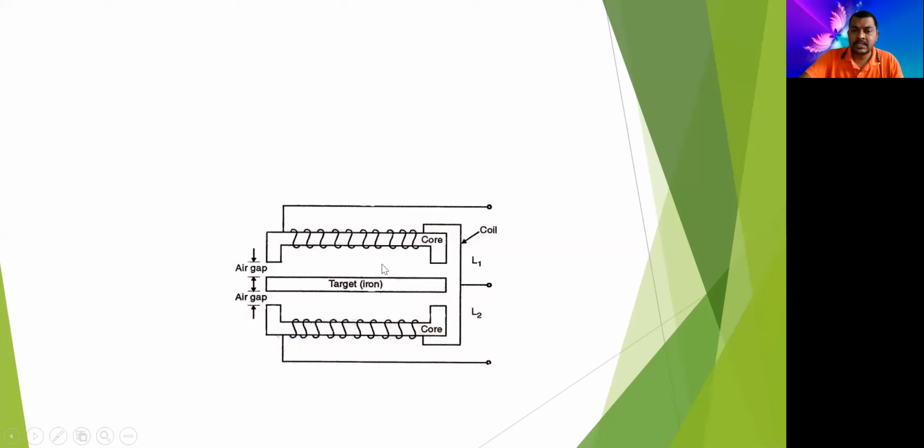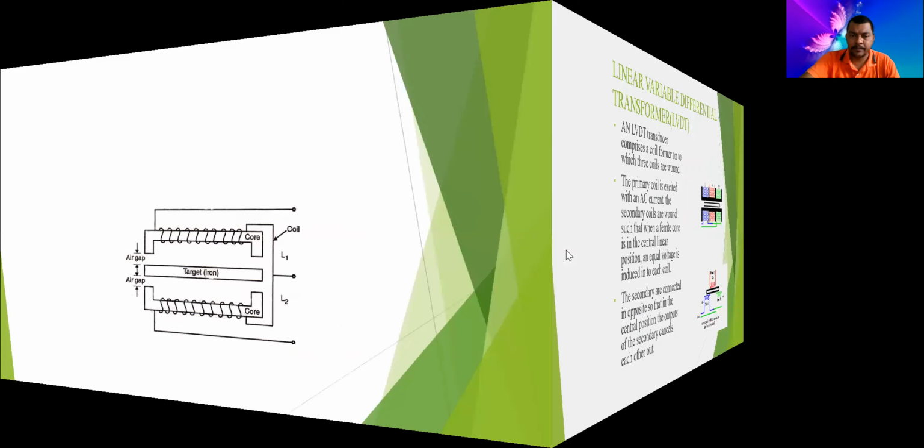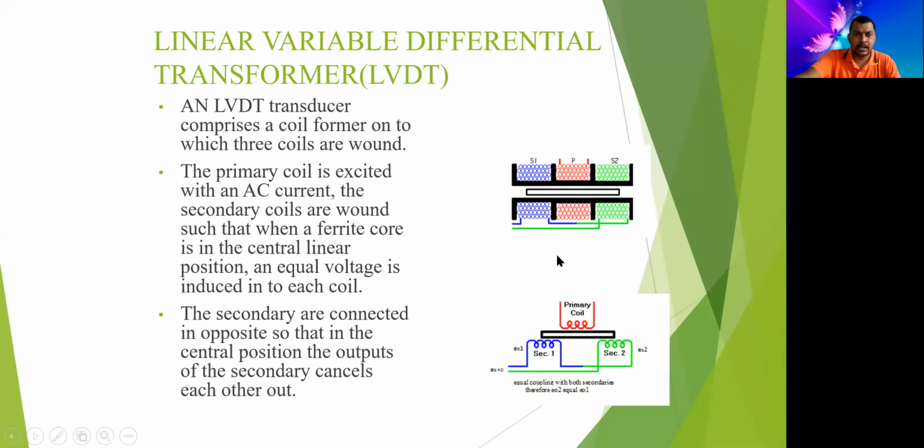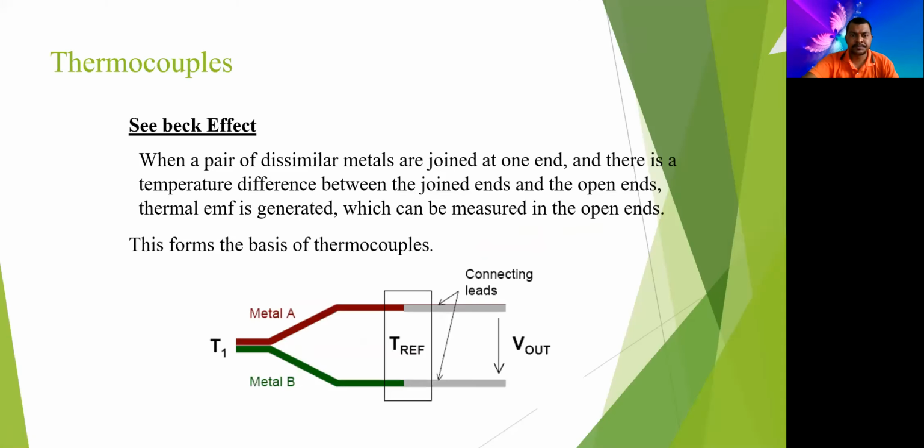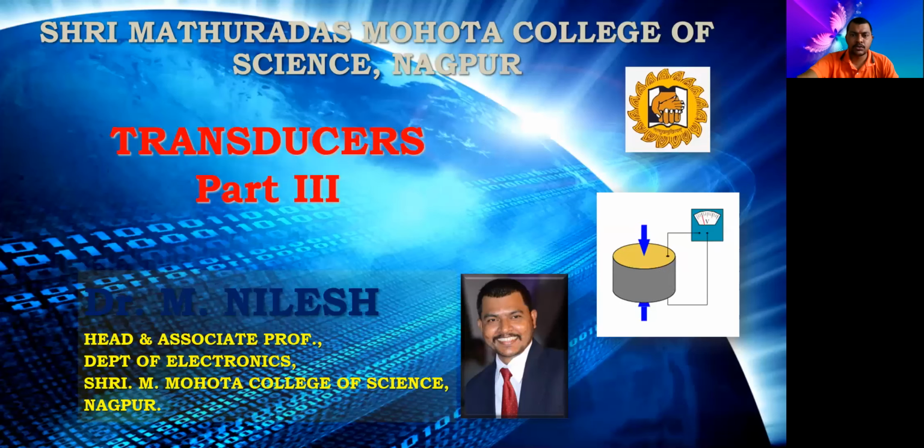So we are having the same type of arrangement as we have used earlier, but that was only one coil. Here we are using two coils at the same time, right? So L1 and L2 are two different coils, and whenever we increase or decrease the distance between these two, the EMF which is being generated in both the coils will vary, right? And this was the LVDT, which I have explained earlier also. But I guess the time is less, so we'll just rush to the summary of what we have studied today.